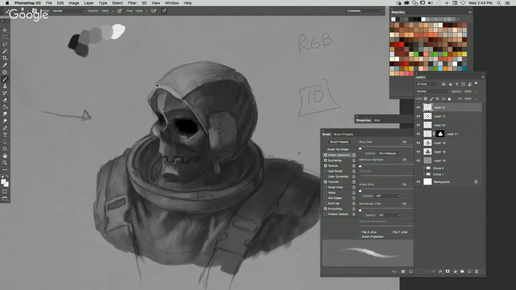So yeah, I guess you'll realize you're burning your contrast too hard if the values are way out of whack. I'm going to do a quick highlight pass before I go into color here.